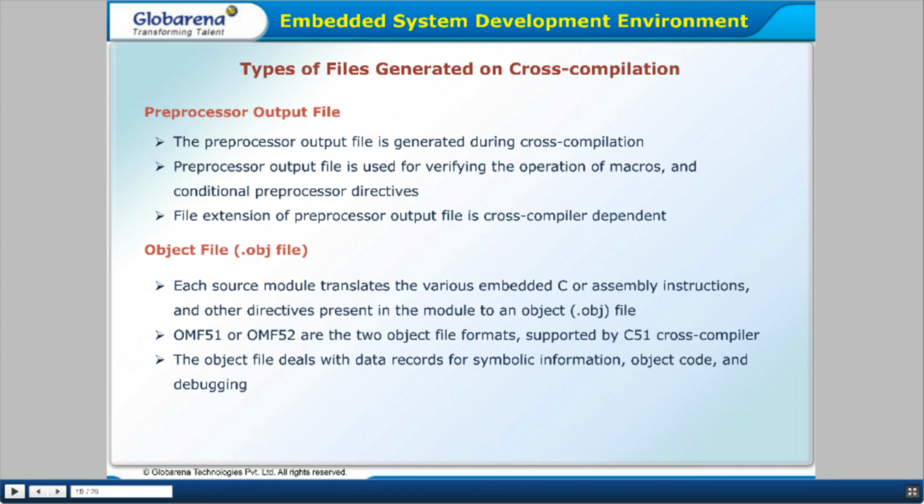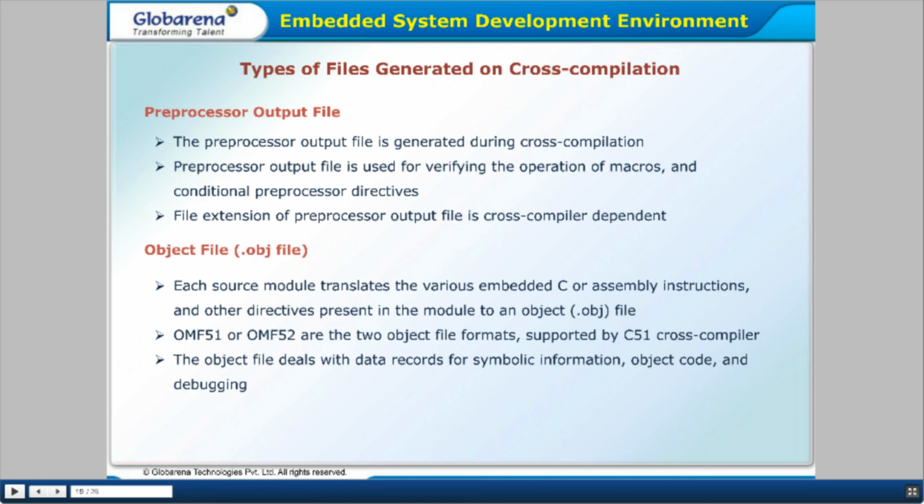The file extension of the preprocessor output file is cross compiler dependent.